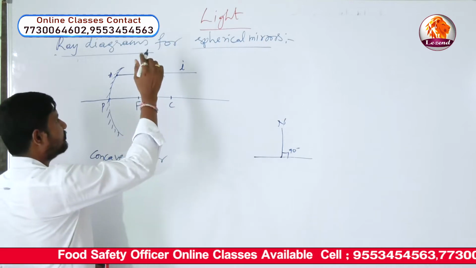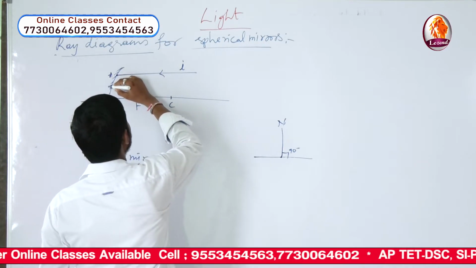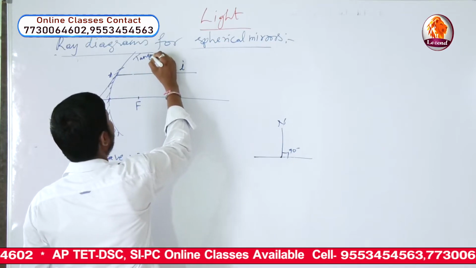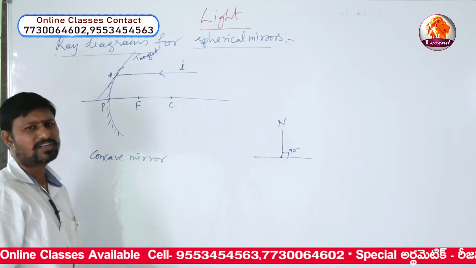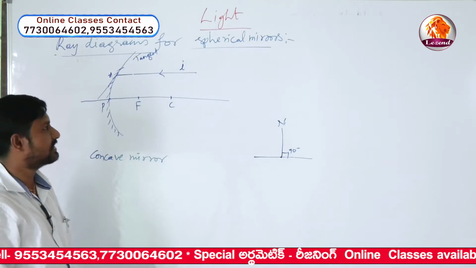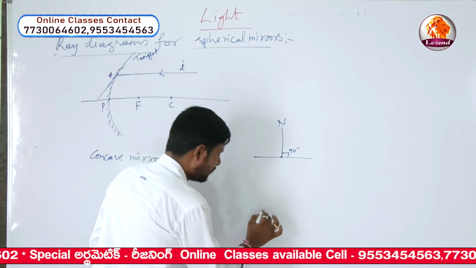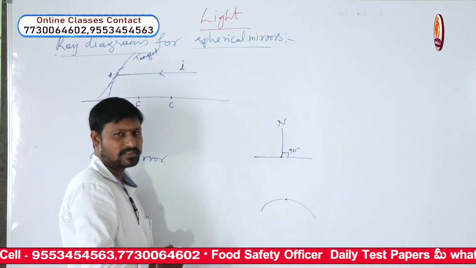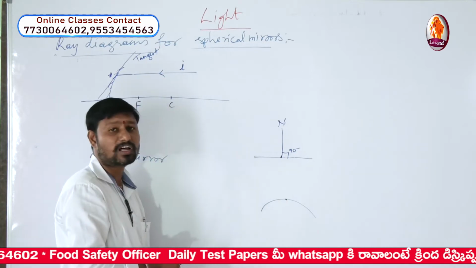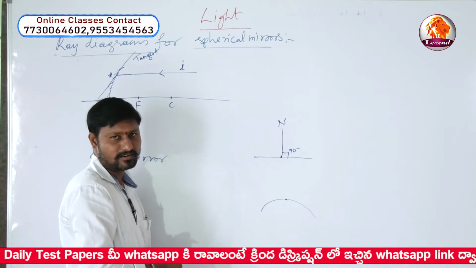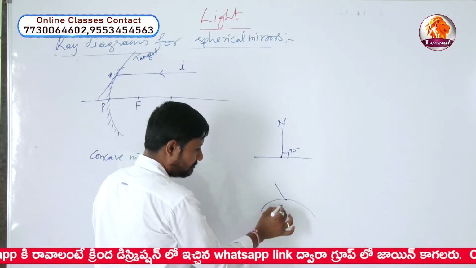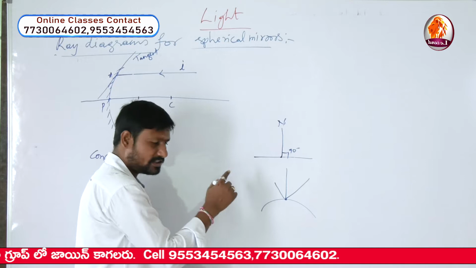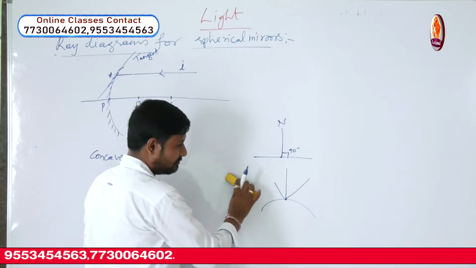Number one, we need to draw the tangent. What is meant by tangent? Here, if you take a curved surface, at this point I want to draw the normal, the perpendicular line. If we draw like this, does it become perpendicular? Is it perpendicular? This is not the way to draw the perpendicular for a curved surface. But how to draw it?